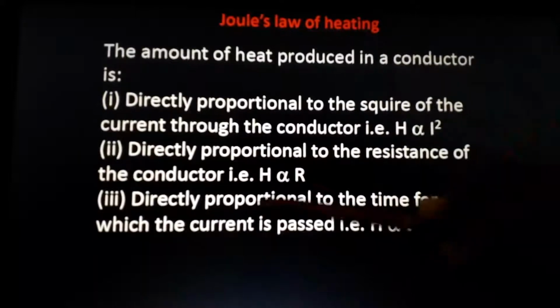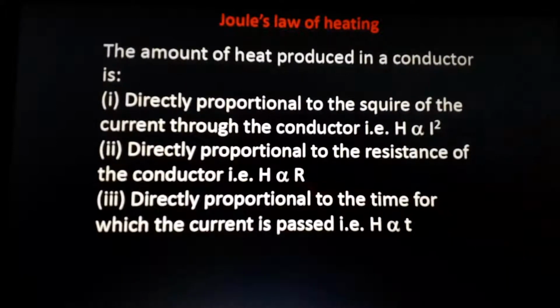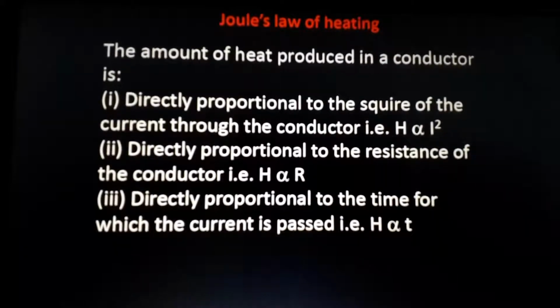The heat generated is also directly proportional to resistance. Understand? And it's also directly proportional to the time taken. If we pass electricity for a long time, the heat generated will be maximum. For example, if we are passing current for 5 seconds, maybe 1000 joules of heat is produced. The same material, if we pass current for 10 or 20 minutes, the heat generated will be very, very high.